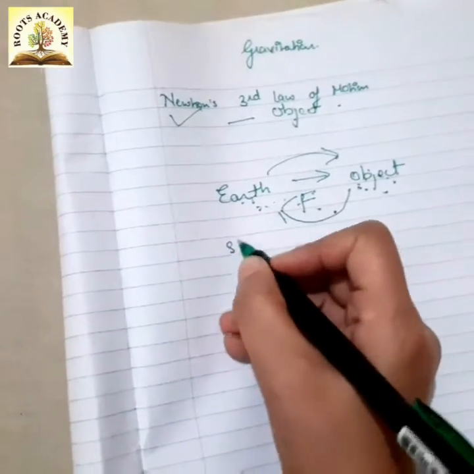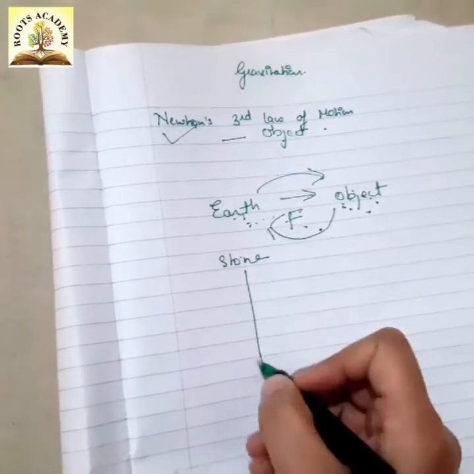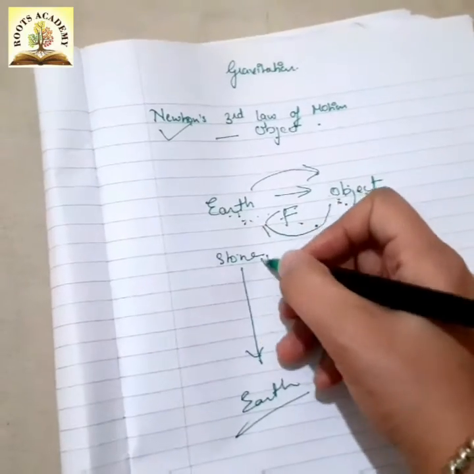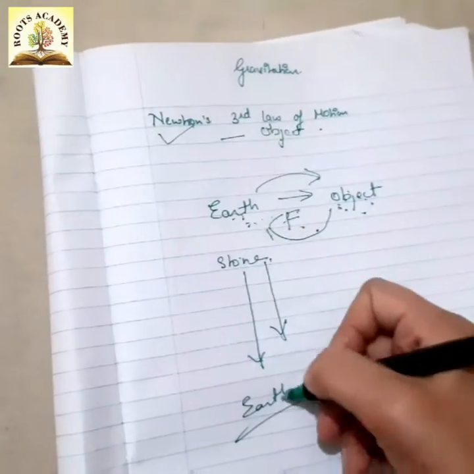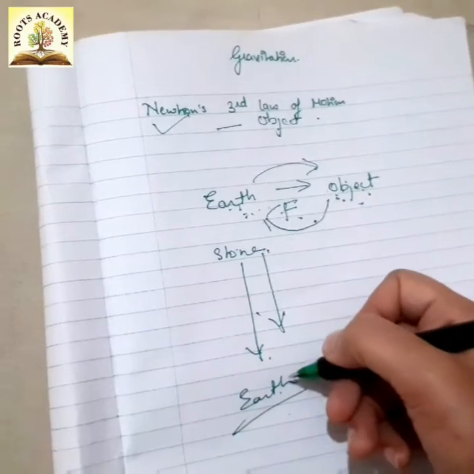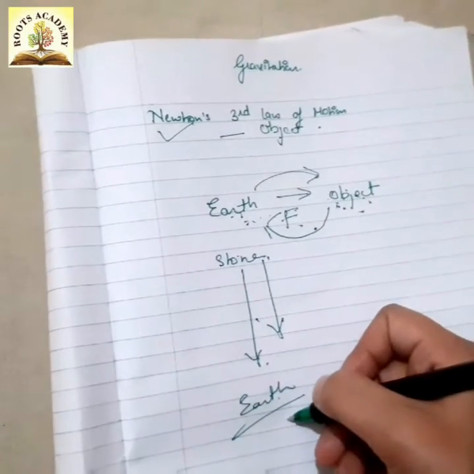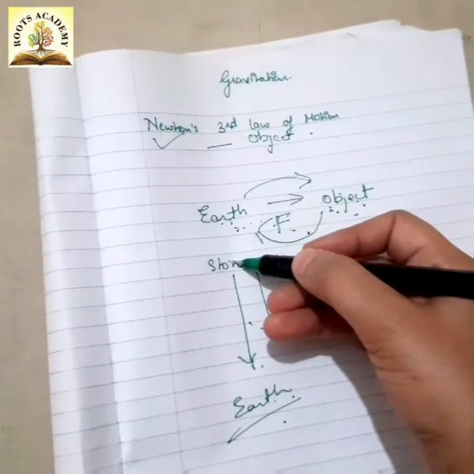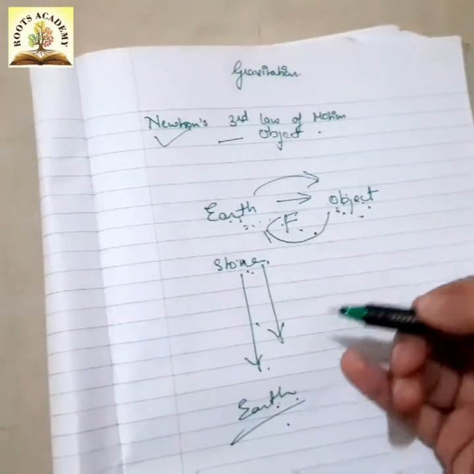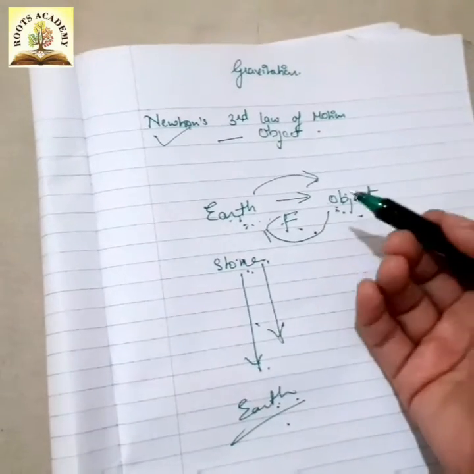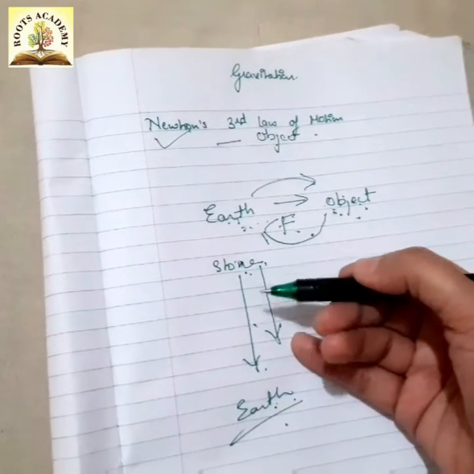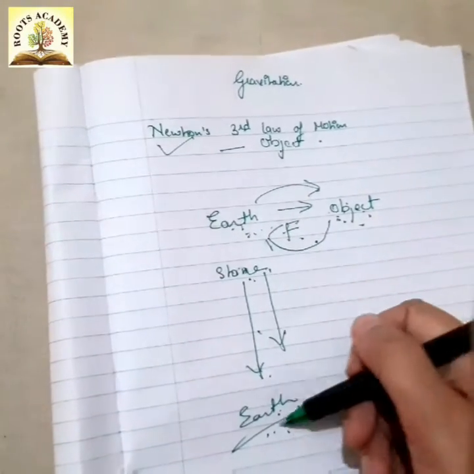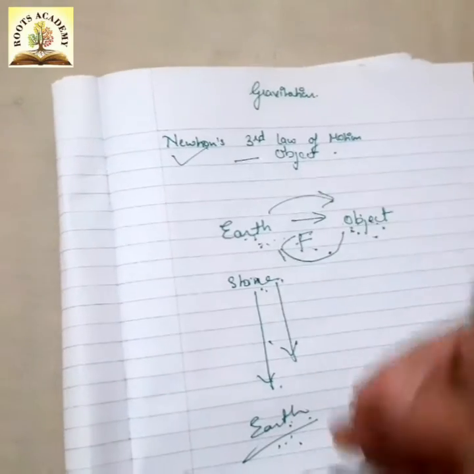Let's see. If you are throwing a stone, and the stone is falling down and reaching the ground, why is the stone always coming down? You will say that yes, because there is a gravitational force from the earth, and that gravitational force is pulling the stone down. But according to this concept, when the earth is exerting a force on the stone and that is the reason the stone is coming down, then why not? Because Newton's law states that the same opposite force will also be applied by the stone on the earth, then the earth should rise towards the stone. But why is the earth not rising? Why is the stone coming down?